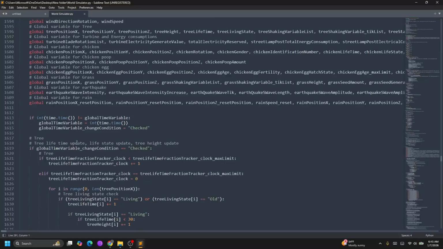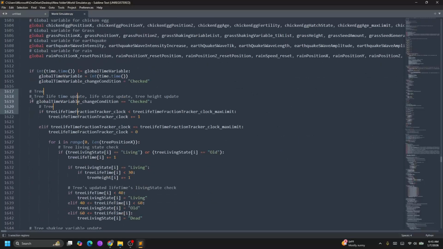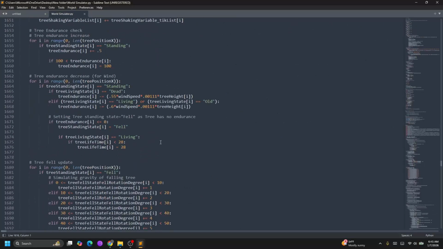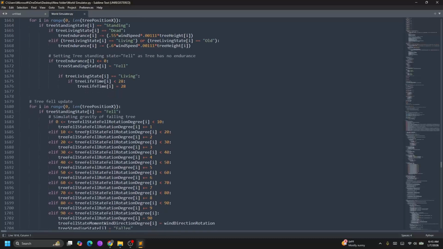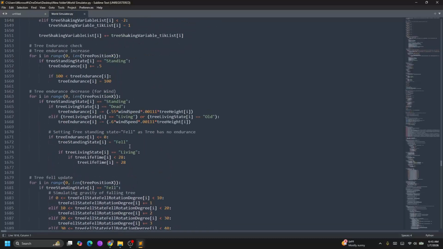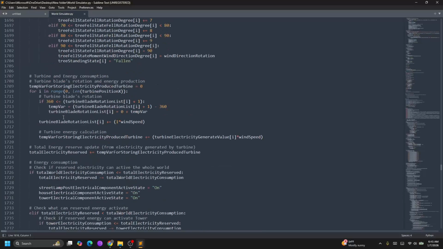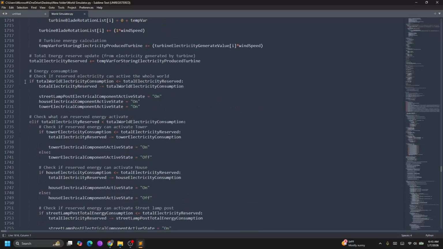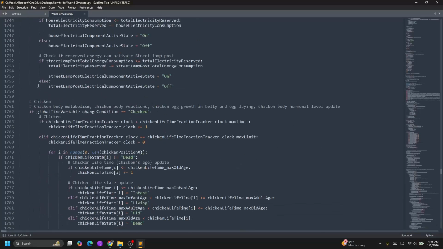Oh yeah, right. This is where all the functions work. This is the 1 second, 2 seconds, right? 3 full update, like it simulates gravity, endurance checking, energy consumption, check what can preserve energy, active or inactive, chicken body metabolism, body reactions, chicken egg golden belly, and chicken body hormonal level,